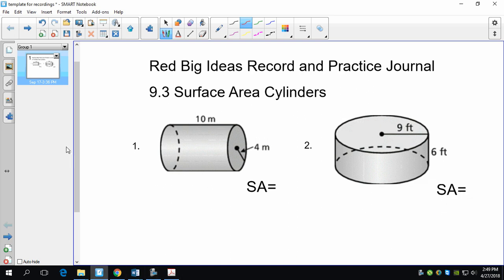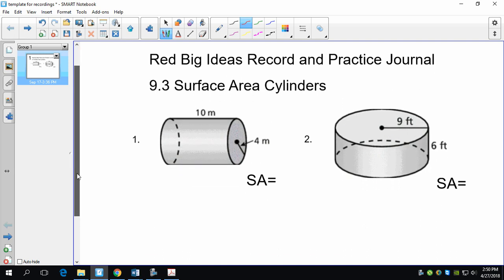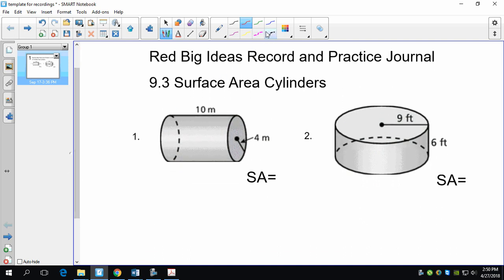All right, we're working in the Red Big Ideas Record and Practice Journal today. Today we're on 9.3 and we're working through surface area of cylinders. Again, we're getting into some what I would call mildly complicated formulas. And this one for sure has a formula that we will be using, but I just want to begin by